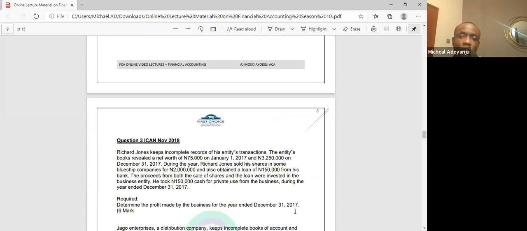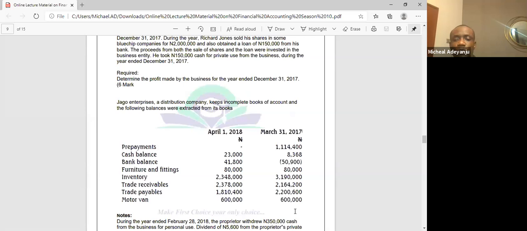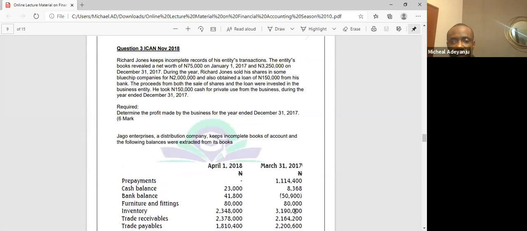Okay, so let's look at this very tough one question and maybe we call it a day. Just note that something is mostly common in incomplete records: previous year and current year, or let me say opening balance and closing balance. For example, when we want to determine our capital, our profit for the period,